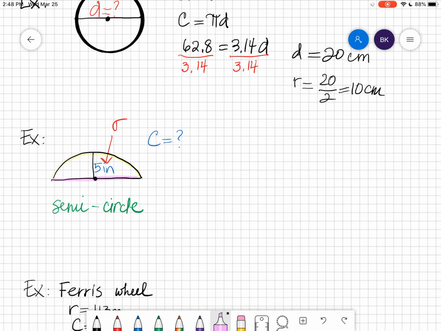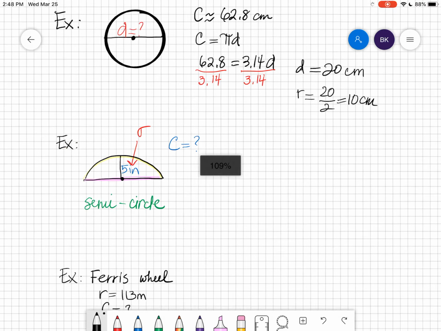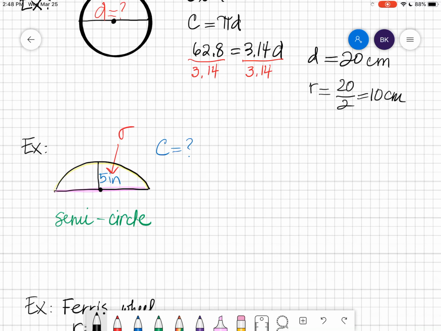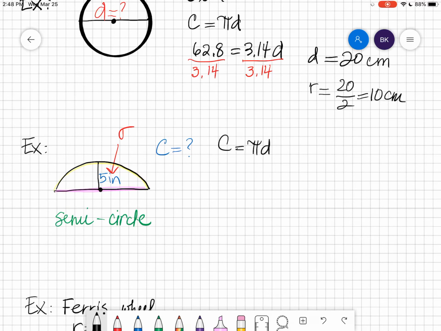So notice it's the circumference cut in half plus the diameter of the circle, because we only need half. So let's write this down. To find the circumference, we write